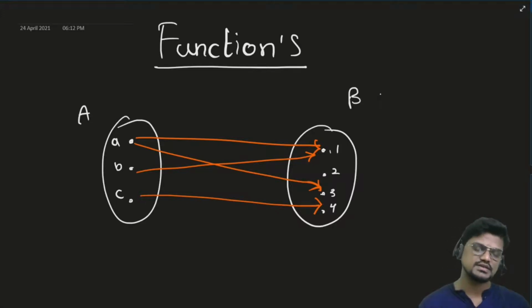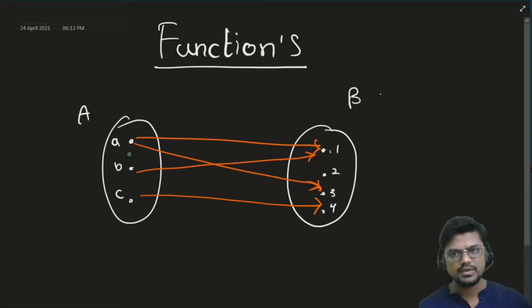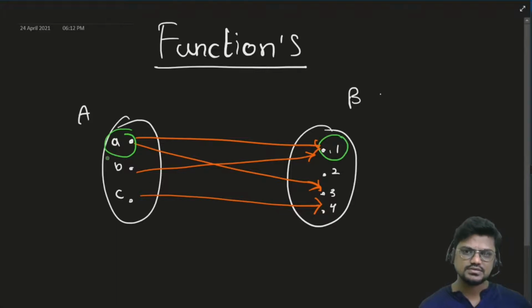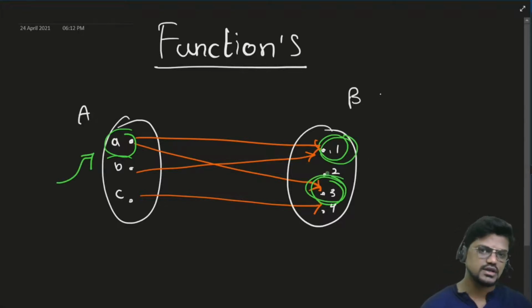Okay, you're saying it is a function, you think. No, it is not a function. Why is it not a function? Because over here, see, the problem is A is related with 1, and A is also related with 3. So if the input is A, I'm getting output as 1 as well as 3. So there is a problem. Fine. So in such case, it will not be a function.